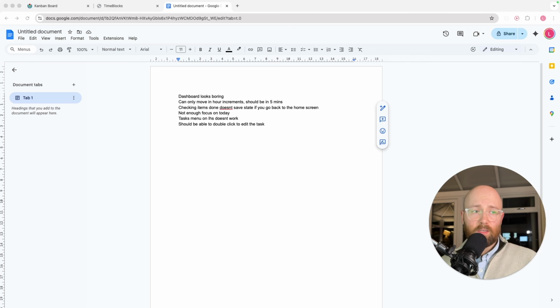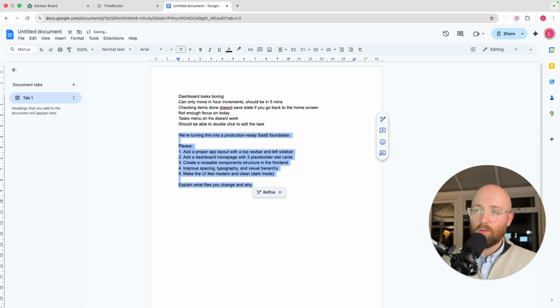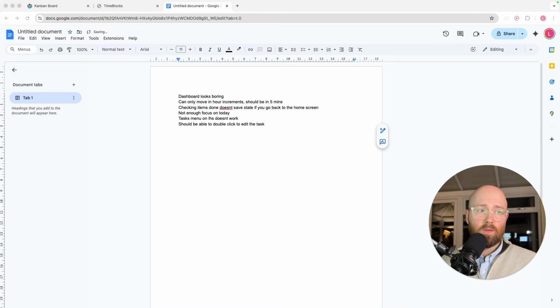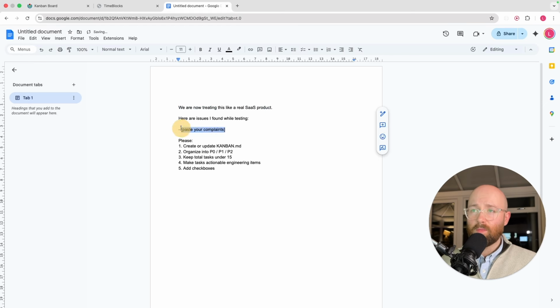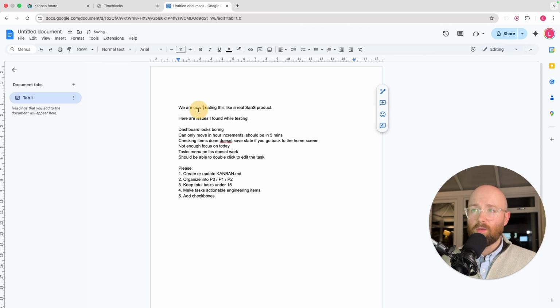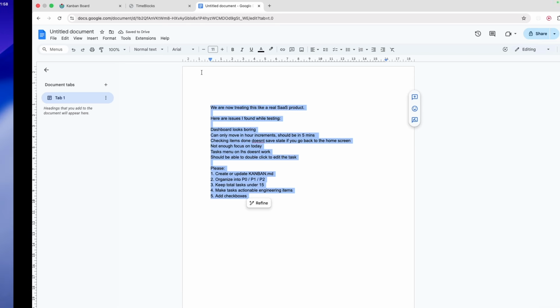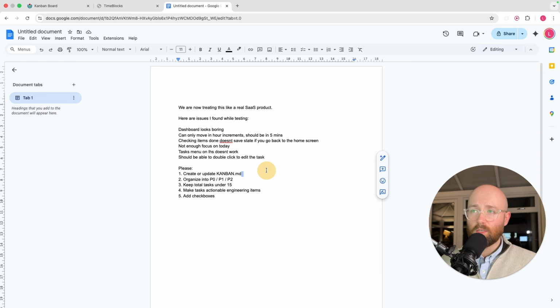So I have this prompt. I'm going to share it with you here. So, oops, that's the wrong one. The Kanban one. Let's paste that in here. So we're going to copy this and paste it in as my complaints. And basically we're just saying, you know, this is a real SaaS now. Fix this stuff. If we copy that, and also for context as well,